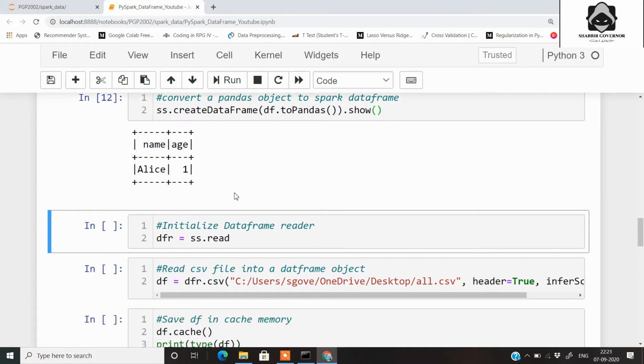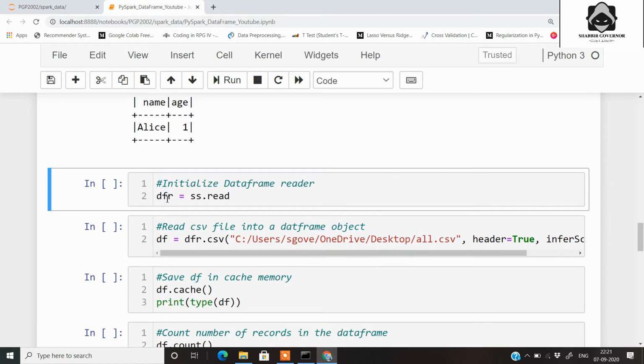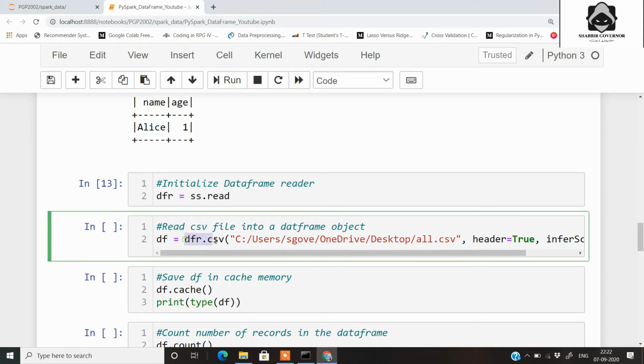So now let's try to read a CSV file from outside this Spark environment, that is my local computer, and then store it in a Spark data frame and perform certain operations on it. Besides CSV files, you can read any kind of text file, Excel file, Parquet files, JSON files, and many other formats supported in Spark. As I work on CSV files a lot, firstly we initialize the data frame reader. Using the spark.read method we initialize it, call the CSV format, and then give the path to the file which we want to read.